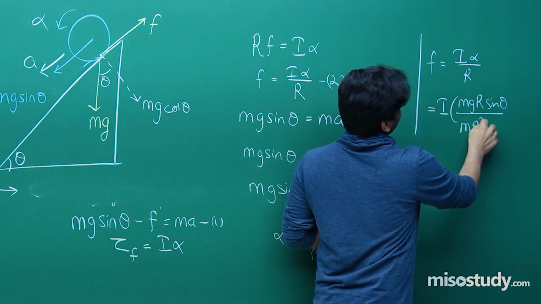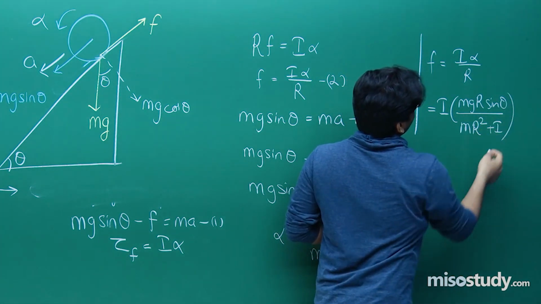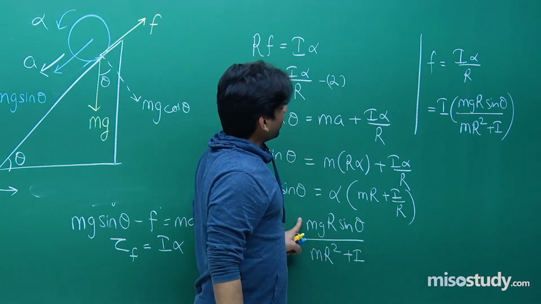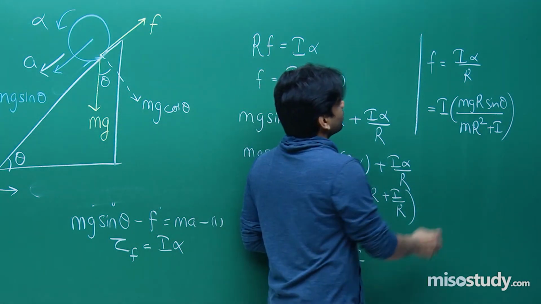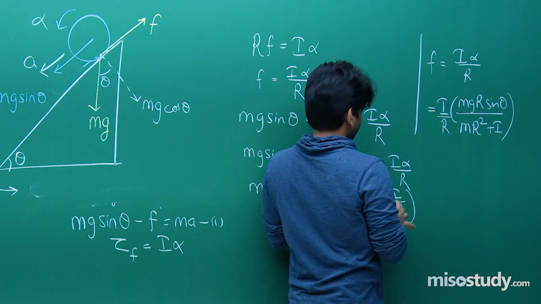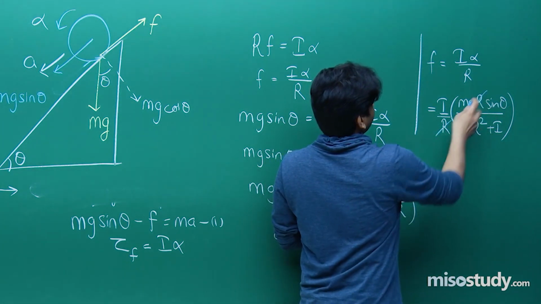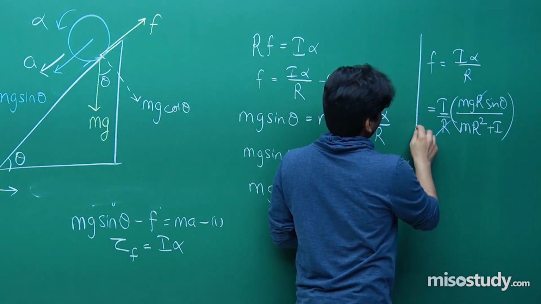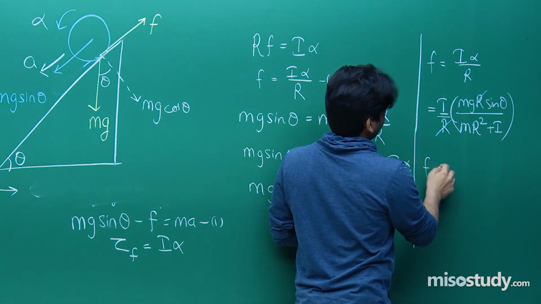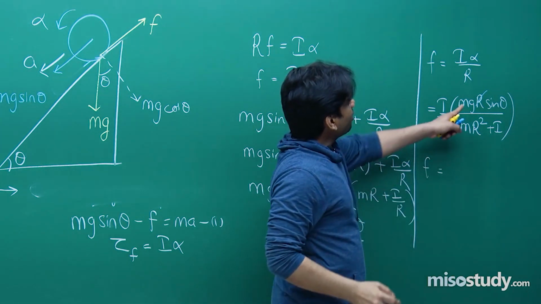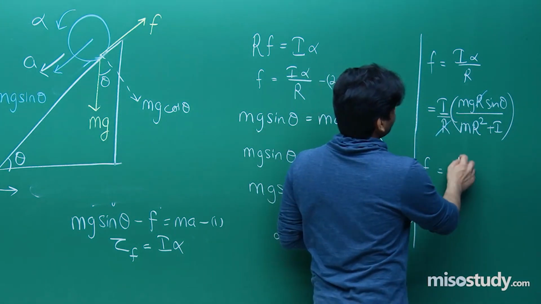So let us put this as mr square plus I. We have provided I into alpha divided by R. So let me mark here divide by R. Clearly the final equation will turn out to be F is equal to mg sin theta